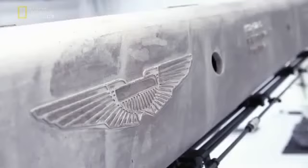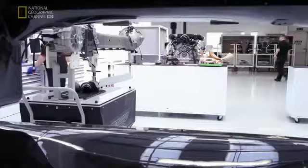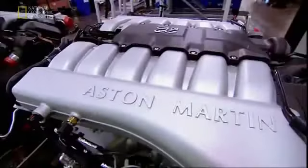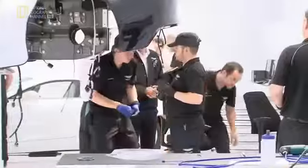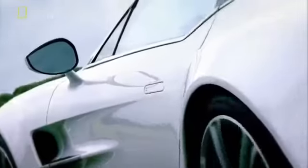The engine, the heart of the 177, has to be extremely powerful. At an early stage, the engineers decide to use a naturally aspirated engine. From the early days of Aston Martin, they've been naturally aspirated, which is basically it uses just pure air that comes in, not compressed air that goes into the engine, and doesn't have a turbine in the exhaust system to